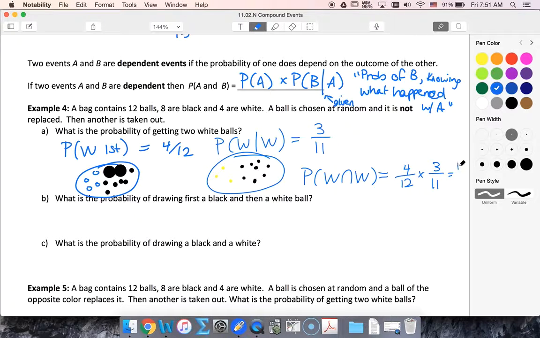So I could multiply that out. I get 12 out of 121, or my 12 cancels with the 12. That simplifies to 1/11. If I pick first a black,